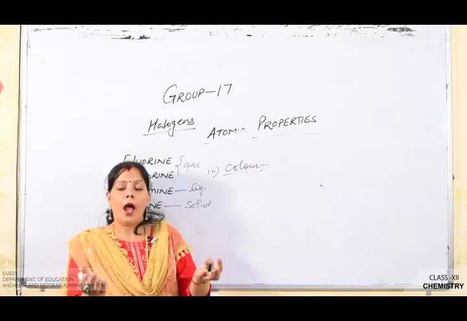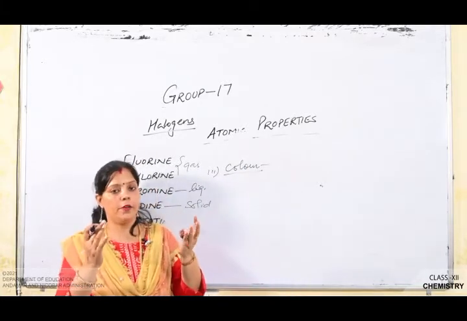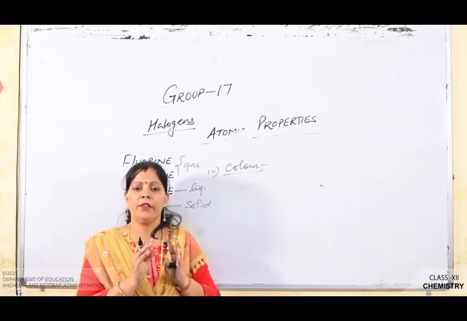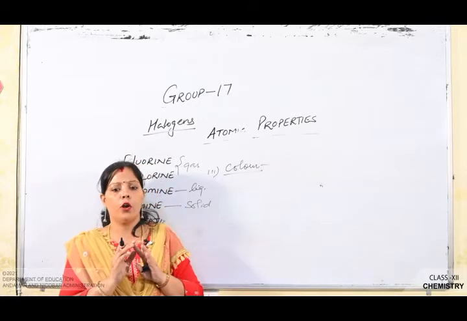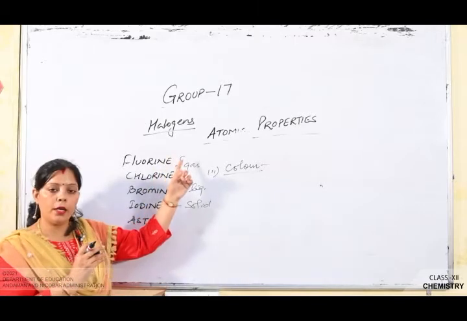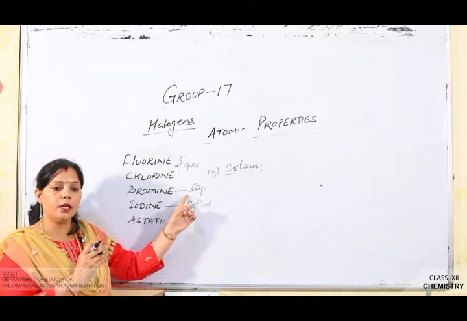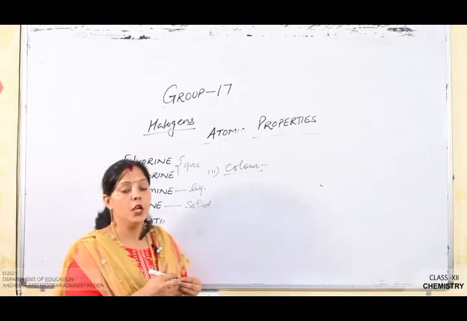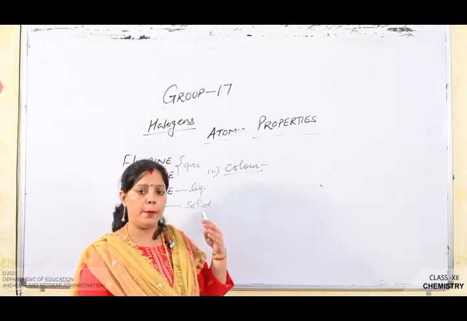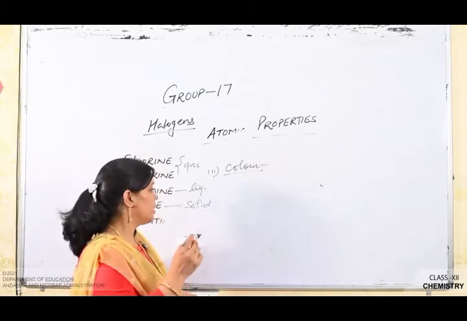That's why when the atom gains some radiation, the electron is shifted to a higher energy level, that is, it moves to the excited state. So by absorbing different quanta of radiation, different quanta of photons, they display different colors. That's why fluorine is yellow in color, chlorine has a greenish yellow color, bromine has a red color, iodine has a violet color. So the difference in color is due to the ability of the elements to absorb different quanta of radiation. Next is the solubility.